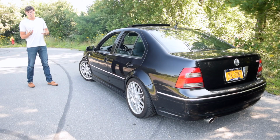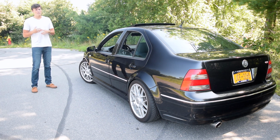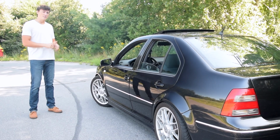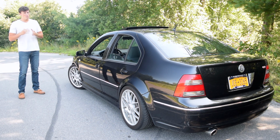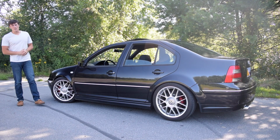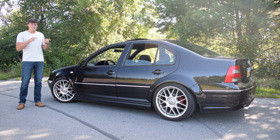Hatchbacks, such as the Volkswagen Golf, work for the rest of the world. They are small, compact, and have enough spare room to fulfill their wildest dreams. Here in America, we're a bit pickier and a bit fatter. We just have some fetish with a covered metal lockable compartment welded to the back of our vehicles. So while the rest of the world makes Volkswagen's top seller the Golf, here in America, the Jetta tops the charts. And in the year 2004, and a half if you're a diehard Volkswagen fan, this was one of the